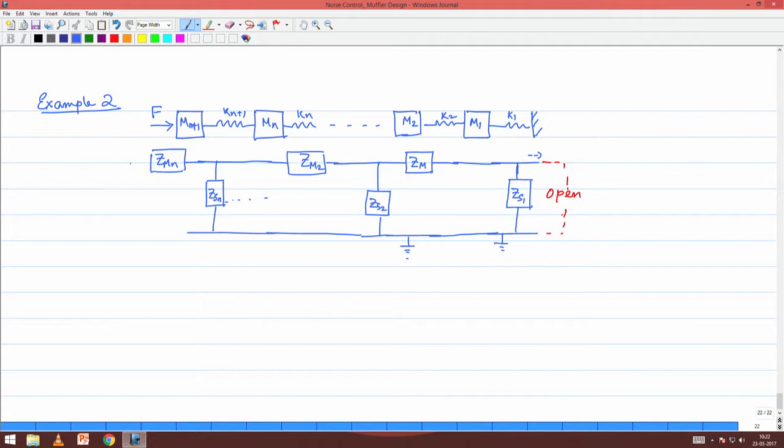Then, followed by that, the upstream point will have an impedance associated with the spring n plus 1, ZS n plus 1. And then there is an inline impedance ZM n plus 1,